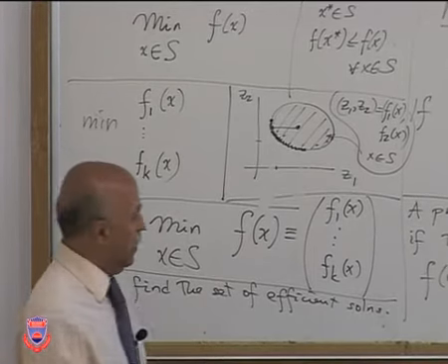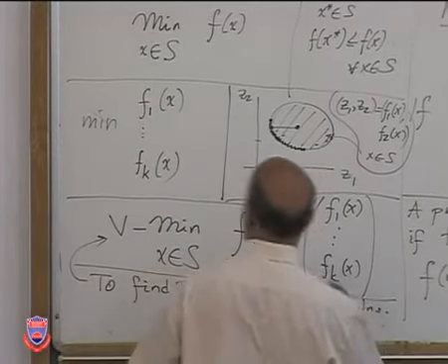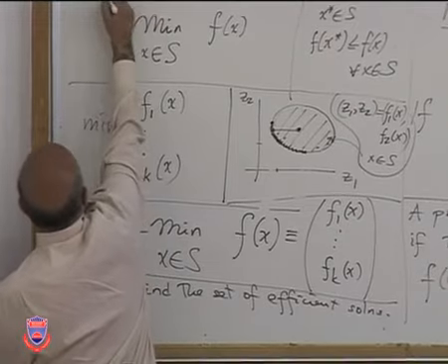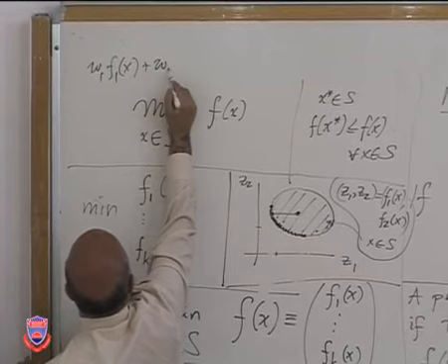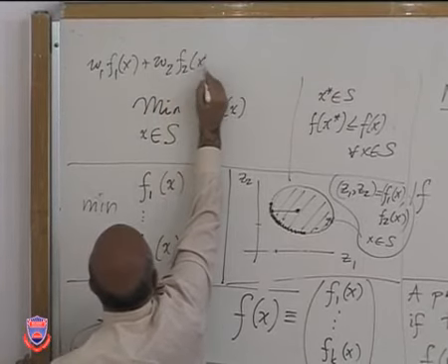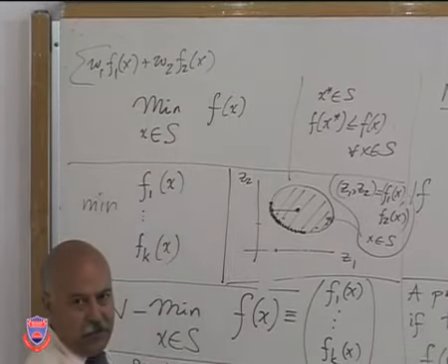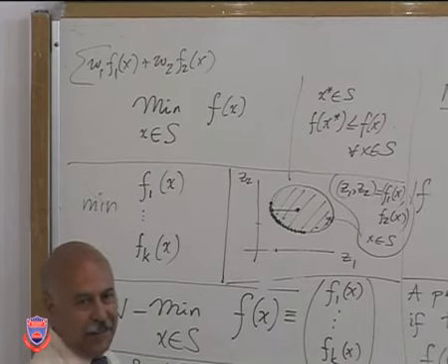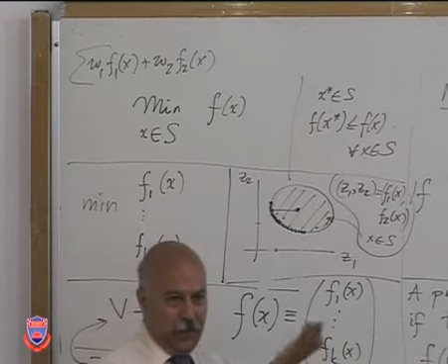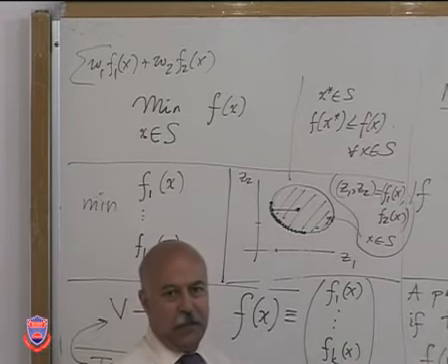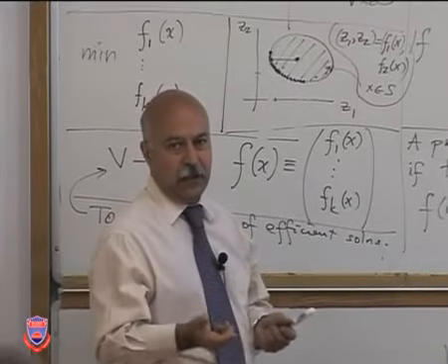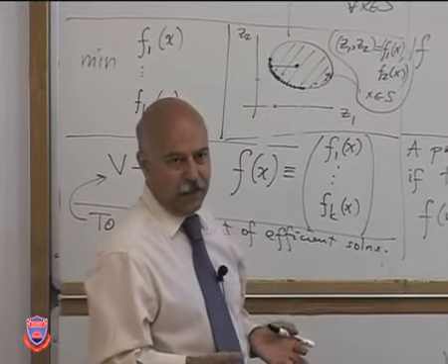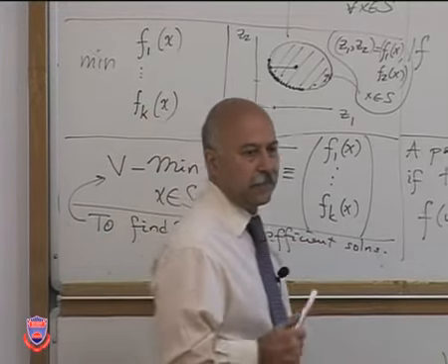In that case, if you are able to compare the two objectives in terms of weights W1 and W2, then what you do is you minimize this, which is a single objective function. Actually, the summation is not needed there. If you know the relative weights, then you just combine them in a weighted way, and then you just minimize a single objective function. But typically, you don't know what these weights are.